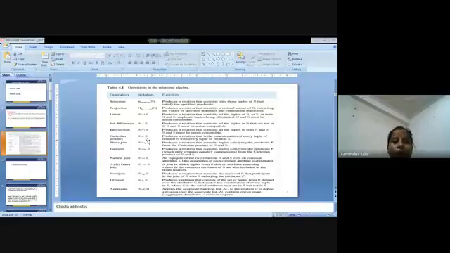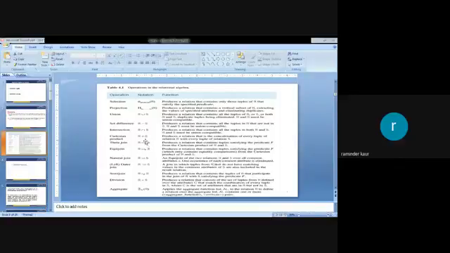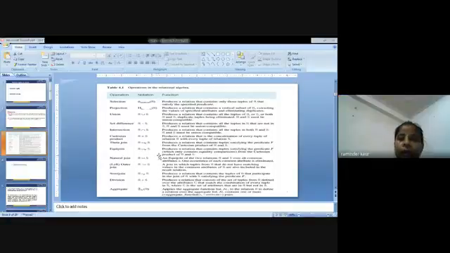Next is theta join. Theta join could be represented with the help of this symbol. It produces a relation that contains tuples satisfying the predicate F from the Cartesian product of R and S, where the predicate F is being applied here. Next is equijoin. Equijoin could be represented with the help of this symbol; it produces a relation that contains tuples satisfying the predicate F, which only contains equality comparison, from the Cartesian product of R and S.